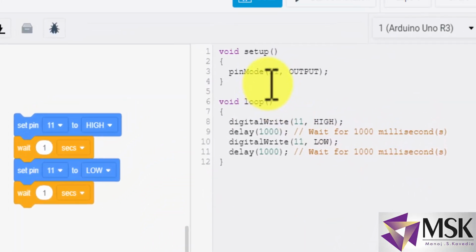Now in this code, pin number 11 is set to output because my motor is an output device. Motor, relay, buzzer, LED, all these are output devices, and motor and relay can also be called actuators. Now digitalWrite, this function is to write data to the GPIO pin. So 11 number pin, I'll set it to high, and this setting high means it will take voltage approximately 5 volts, then delay of 1 second, and then low, and again delay of 1 second. Means motor will move for 1 second and stop for 1 second.